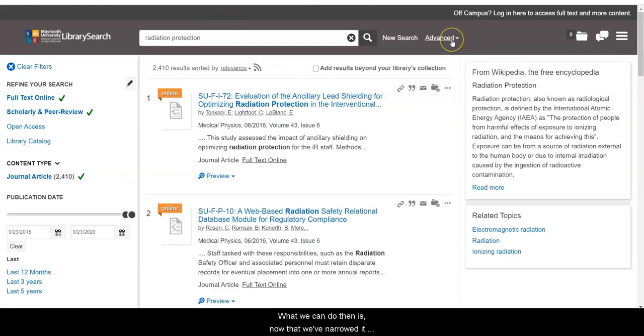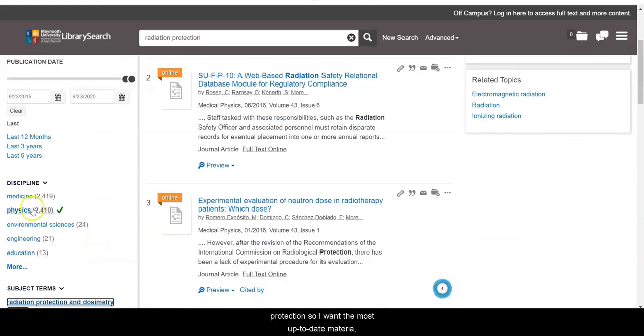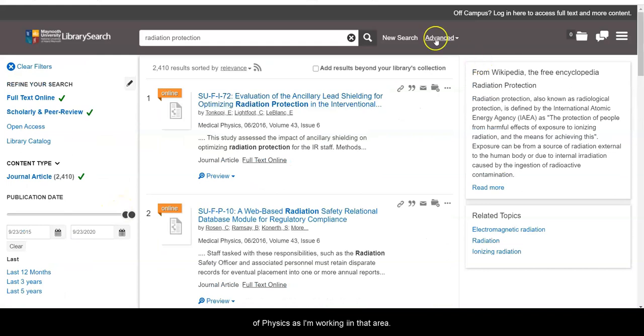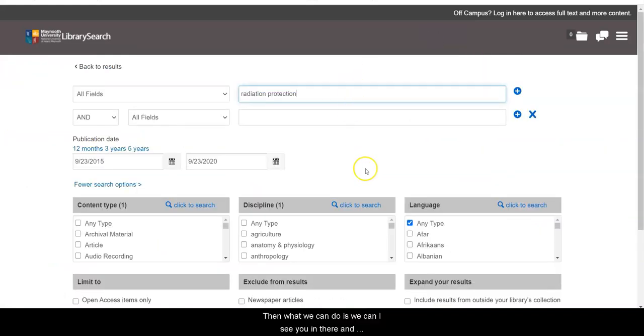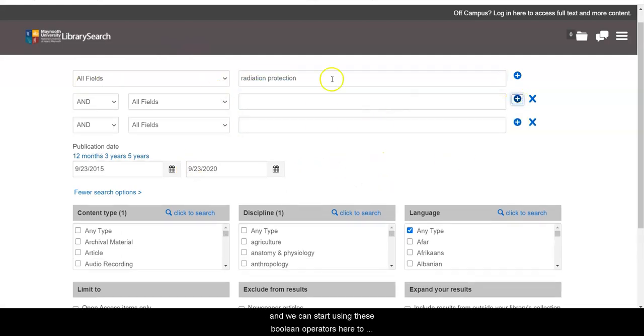And then what we can do then, now that we've narrowed it down by, look, I'm at home, so I need online text. I'm using this for an academic project, so I want scholarly and peer-reviewed material. Obviously, it's about radiation protection, so I want the most up-to-date material, only material published in the last 5 years. It's in the discipline of physics is what I'm working in, and I want it about the subject term. So then what we can do is we can actually go in there and start messing around, and we'll see it's pre-populated, and we can start then using these boolean operators here to add additional search,